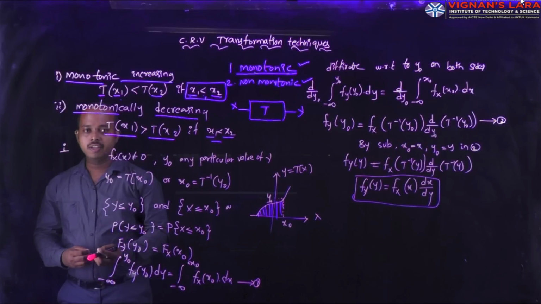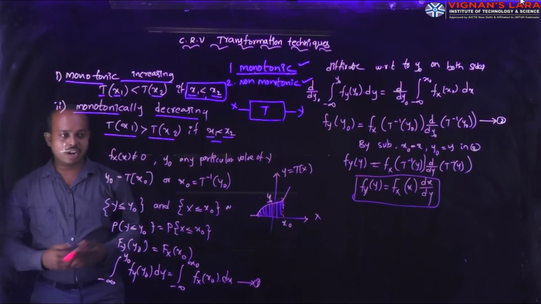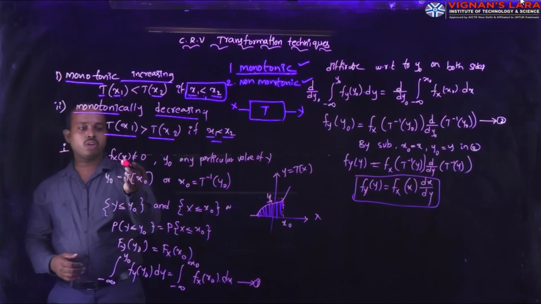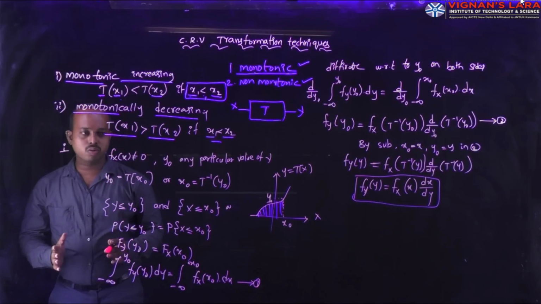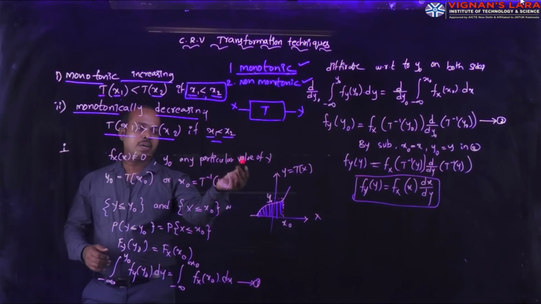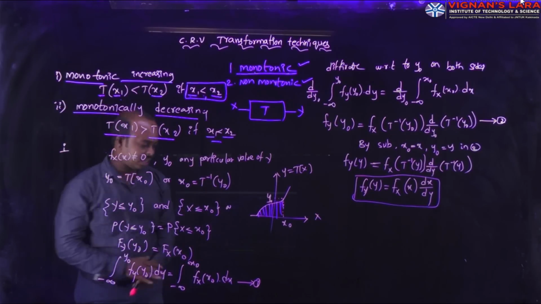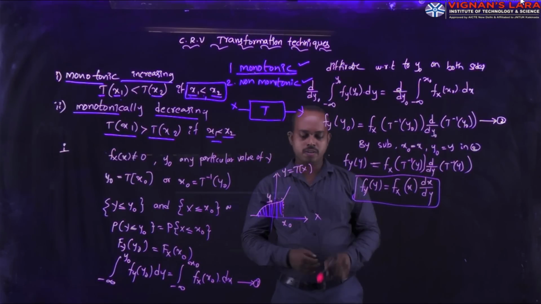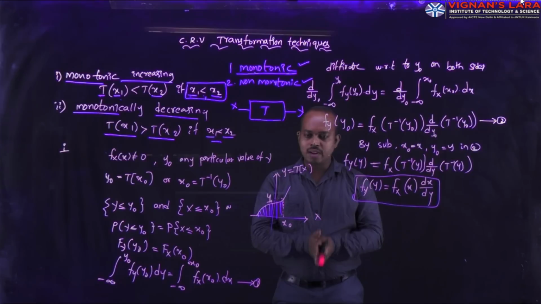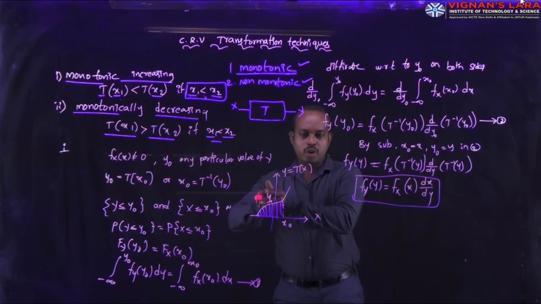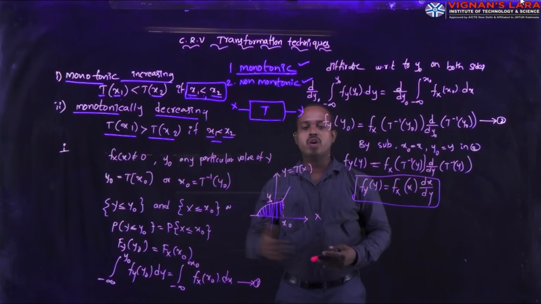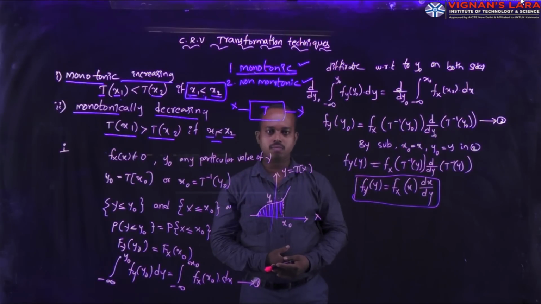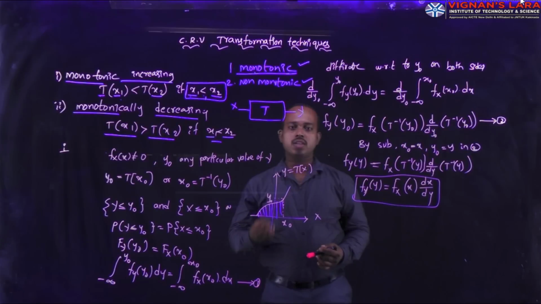So, monotonically increasing transformation technique. For this technique, here I consider the random variable x. The random variable x has a density function that is not equal to 0, and y0 is any particular value of y. Here I am taking the equivalent graph of this one. The graph contains x as a random variable. This random variable I can change to the y domain. What is y? Y is our desired value. X is the input for the system. Y is the system output.